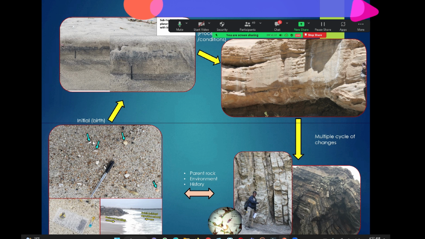And then pay attention to this, like I said, evidence of life. You see this? These are what we call gastropods. You can see this. You may have a local name for it. These ones, bivalves. These are just showing you that even when the reservoir was deposited, there was activity going on. Living things were there, and those living things either help the reservoir quality or make it poorer by